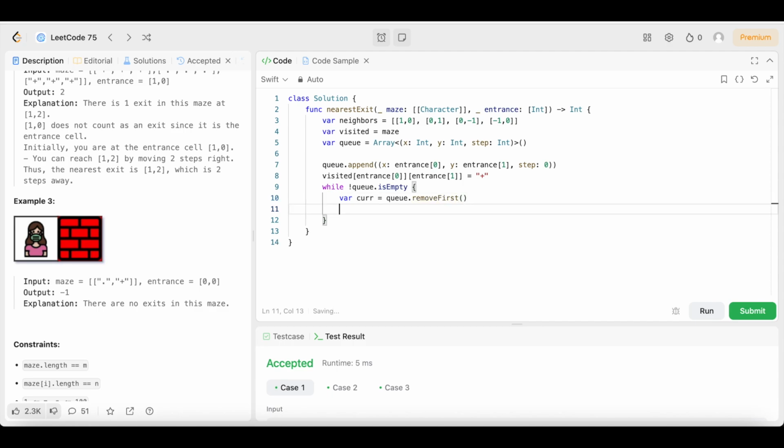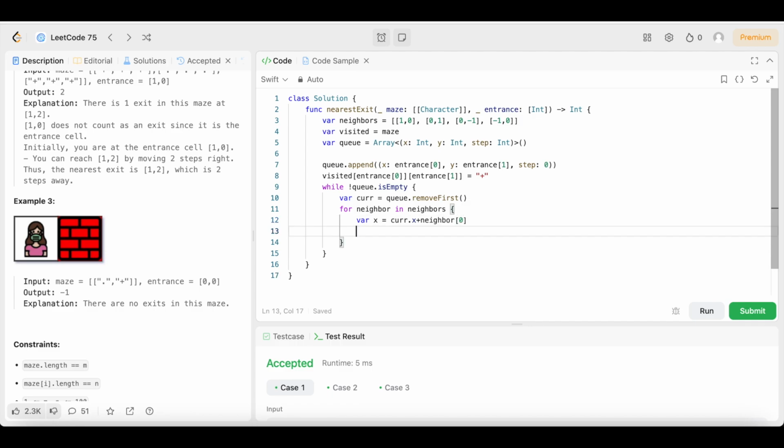Then we're going to say for neighbor in neighbors, we're going to declare a variable called x equals cur dot x plus neighbor index 0. Then we're going to come down here and do the same thing for y. We're going to declare a variable called y. We'll set that equal to cur dot y plus neighbor index 1. Then we're going to come down here and we are going to say if